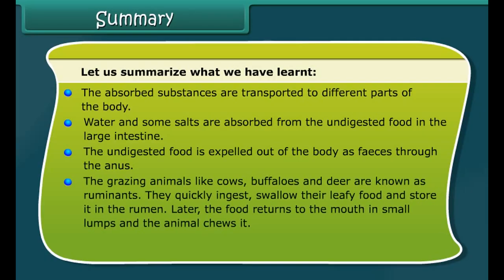The grazing animals like cows, buffaloes, and deer are known as ruminants. They quickly ingest, swallow their leafy food, and store it in the rumen. Later, the food returns to the mouth in small lumps, and the animal chews it. Amoeba